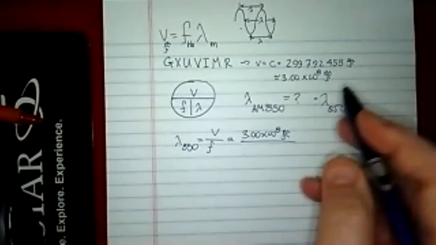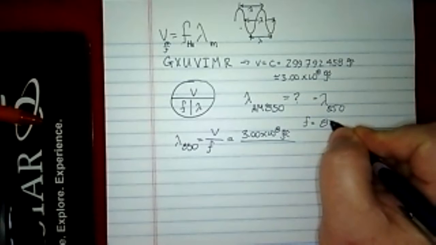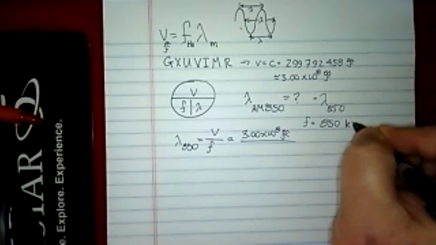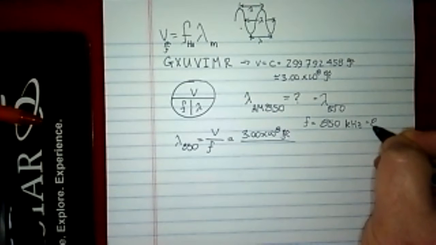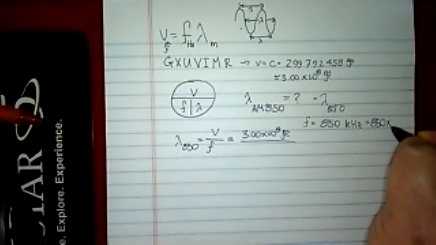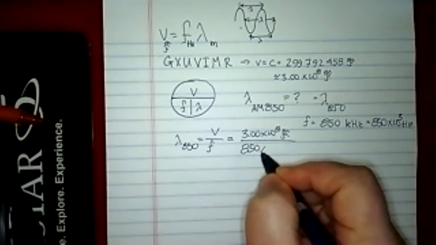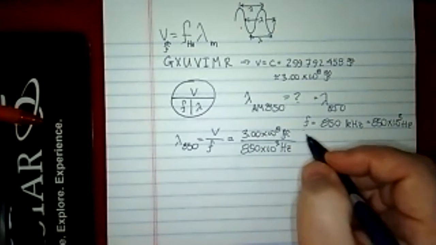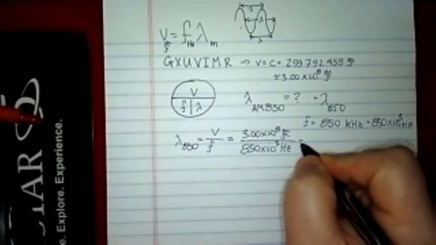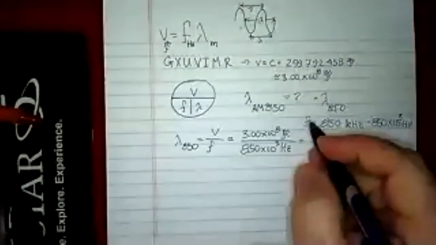The frequency, for instance, the AM 850 suggests that the frequency is actually 850 kilohertz, which we write as 850 times 10 to the third hertz. So I'll write down here 850 times 10 to the third hertz, and hertz is basically the same thing as 1/seconds. When you divide these two, you end up getting